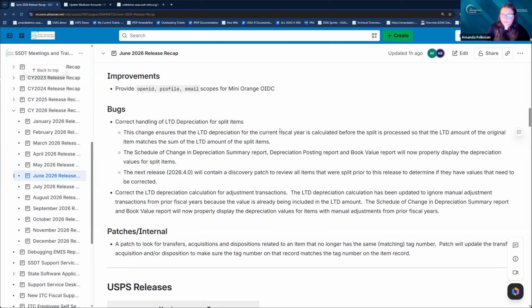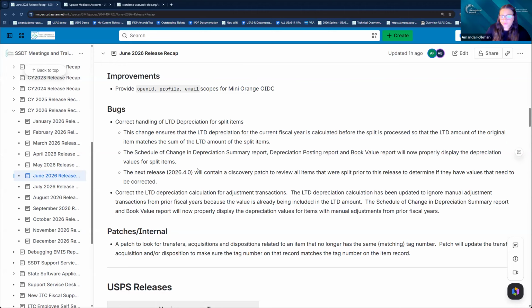We saw some discrepancies in the past where at first it was looking normal, like you'd split the item and it looked normal on each of the new items, but then if you ran a book value report, it was just reading as zero. And so that's the correction with the current year. In addition to that, when the next year was closed, it was updating those to a new calculation that really didn't even take into account the previous life-to-date depreciation. So there were some odd things happening there. It wasn't something that we saw a lot because this is specifically when you're splitting an item and when it already has a life-to-date